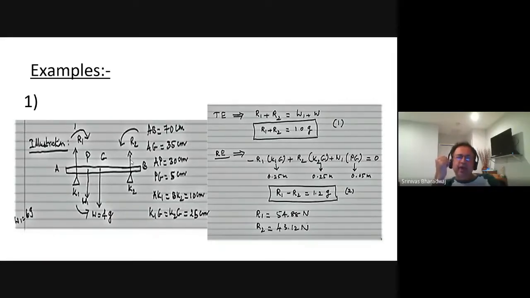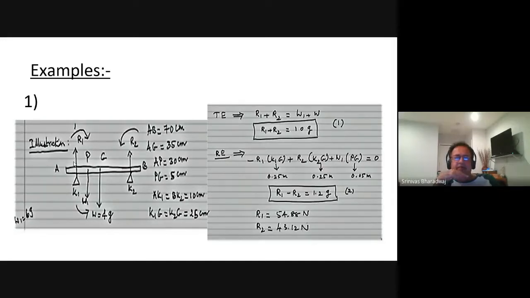So now what he is going to do is take moments about some point. If he takes moments about the center of gravity, about this point, then the torque due to the weights will be 0. So the torque due to R1 will be